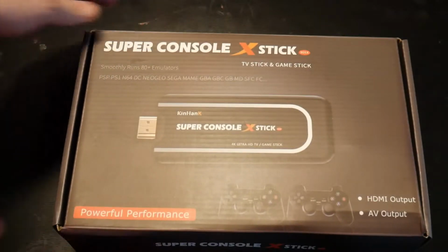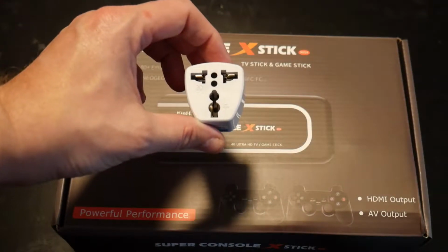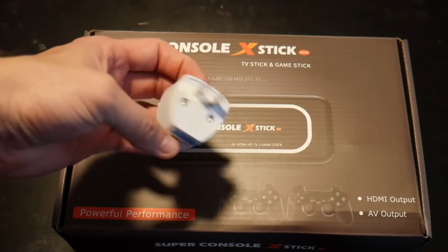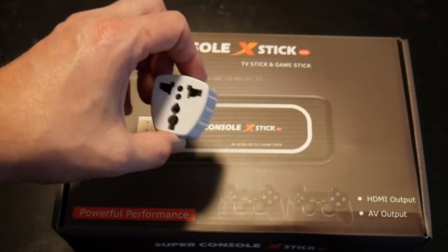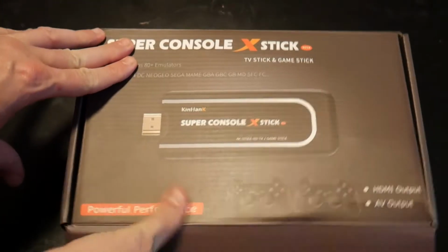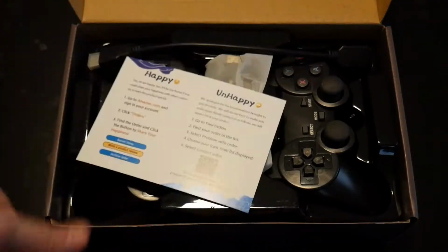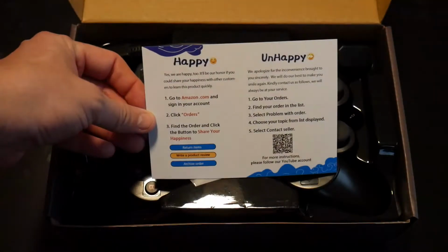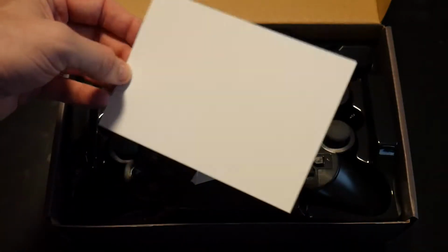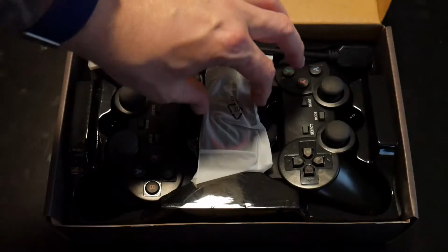Oh, they did send this adapter separately. So wherever you're living, it should be able to work. Okay, anyway. So now we're going to take a look at what's inside the box. Well, this is if you're happy or unhappy, you can let them know. So that's nice. All right, so this tiny little stick,